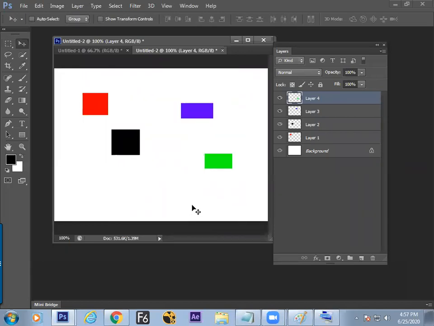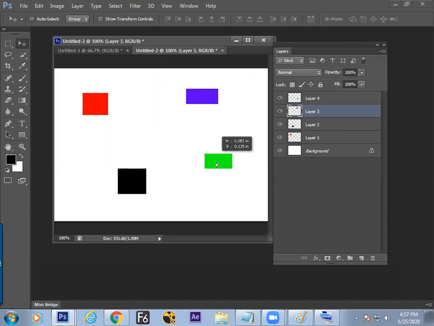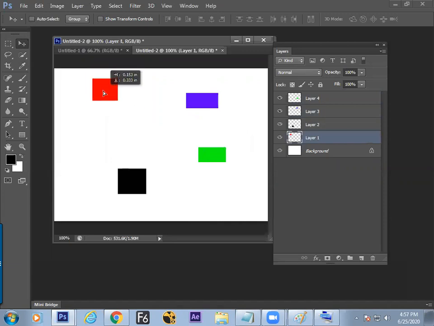So here we have taken around 4 layers with 4 different colors, and our objective over here is to make the alignment, but the alignment has to be done with reference to a particular layer. Then how to do that alignment?